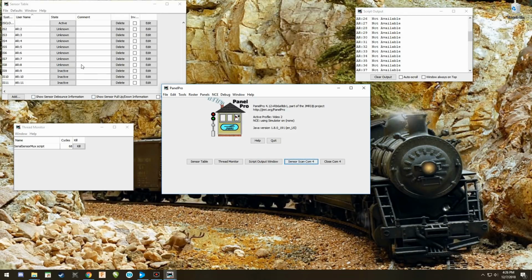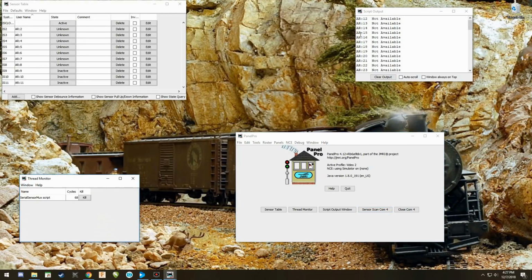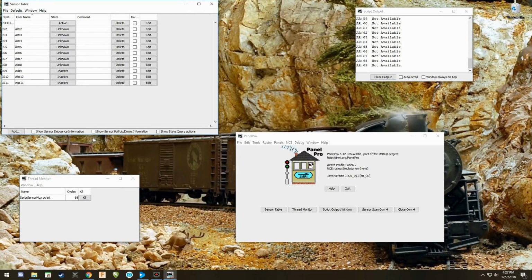That's because these pins over here, if you look at your sensor table, are defined. Pin 12 all the way through 69 is not defined because JMRI is not giving it a definition. You also will notice that it says unknown and inactive. Don't worry about that for the most part. The key that you want to find out is, and as a matter of fact, if we look at our